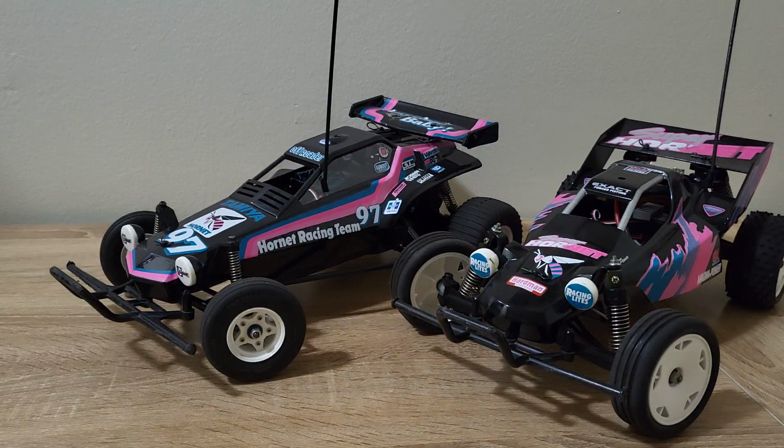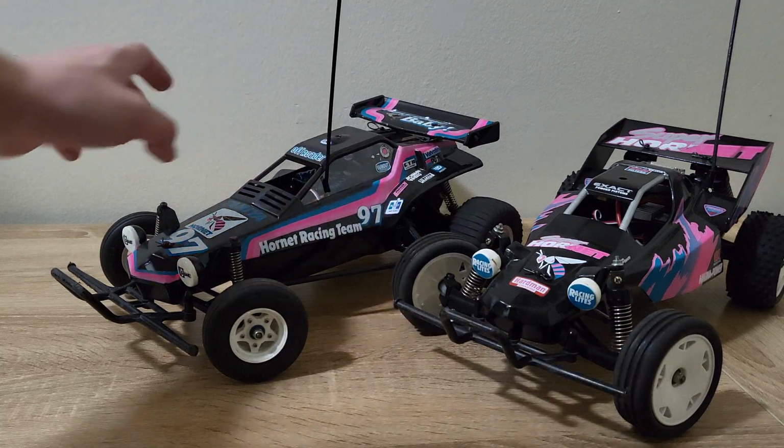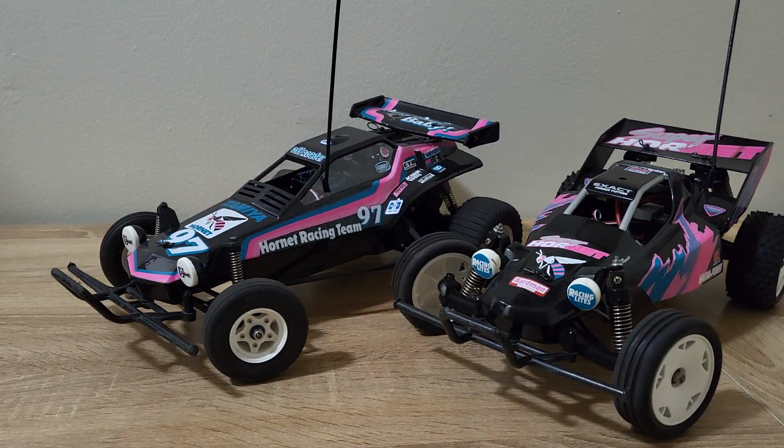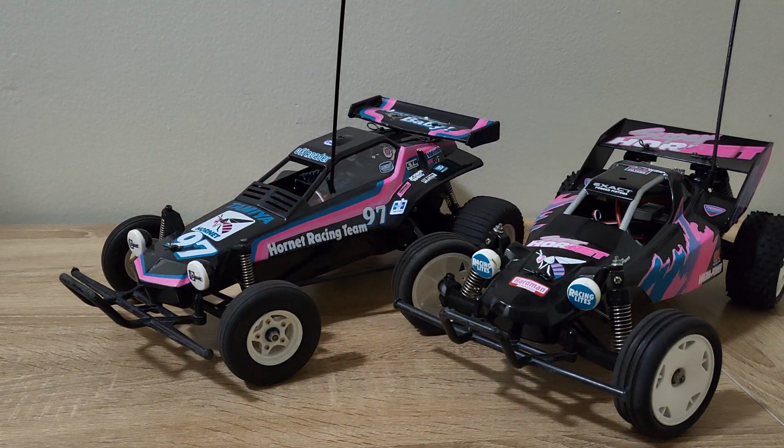These cars really gave me a lot of joy, and just watching it drive around and hop around, the entire experience was completely fun. If you look up fun in the dictionary, you'll probably see a Tamiya Hornet in there. It's just a very fun, carefree kind of buggy to drive. So I absolutely fell in love with it. I have made some Ampro Engineering upgrades to it as per his recommendations, and they're very good parts, honestly. And I had a lot of fun with this buggy, but